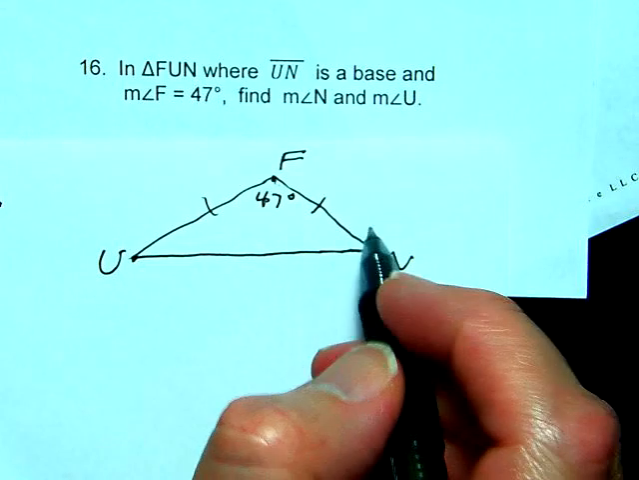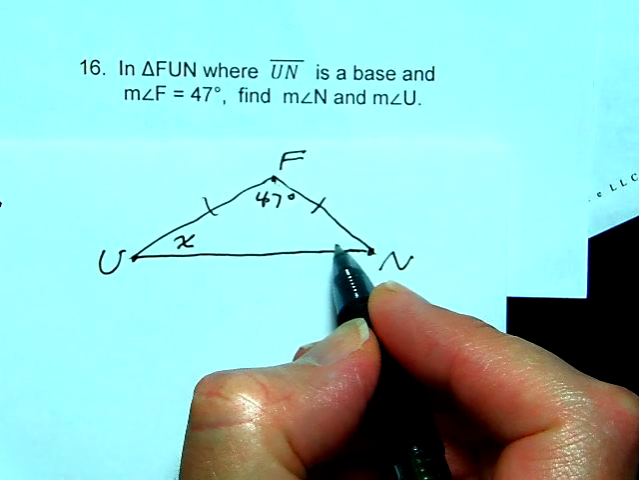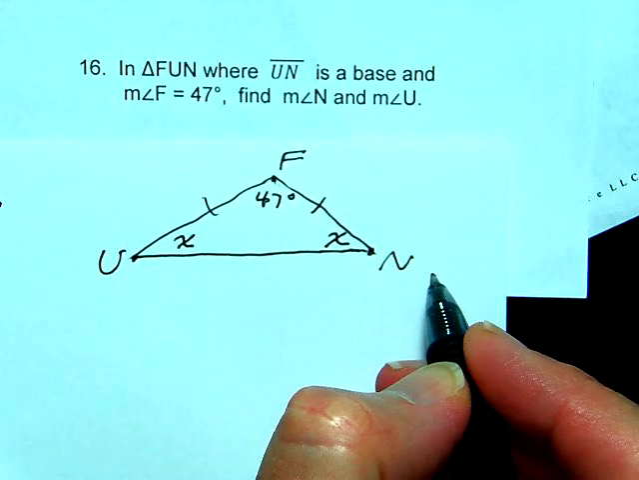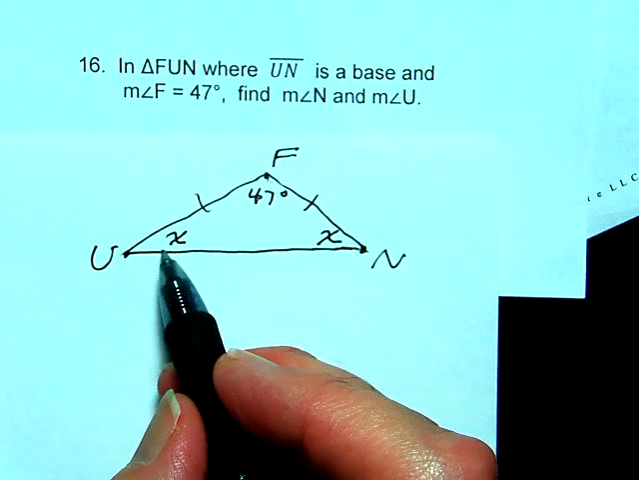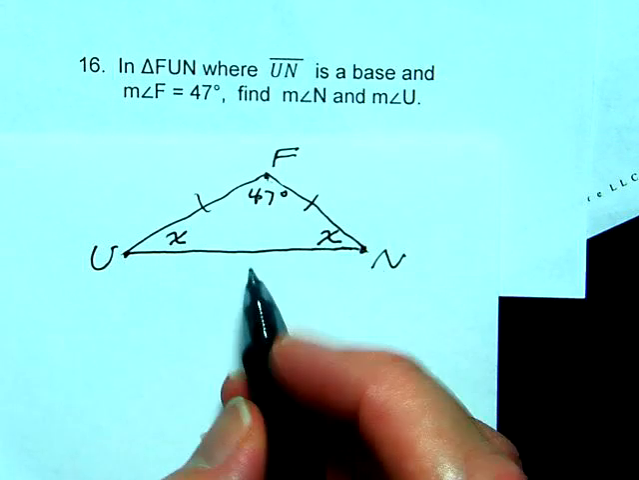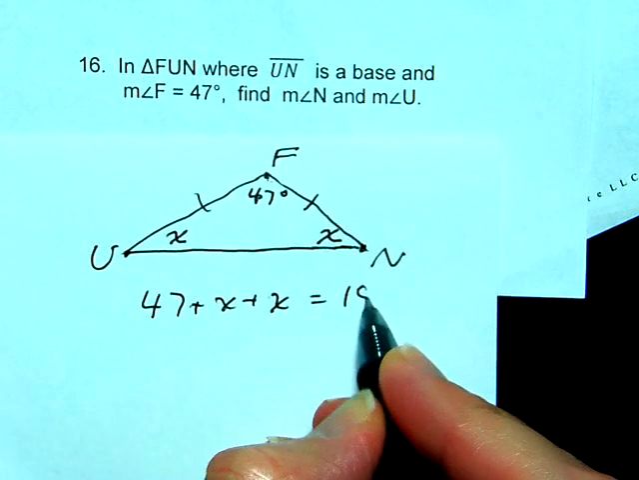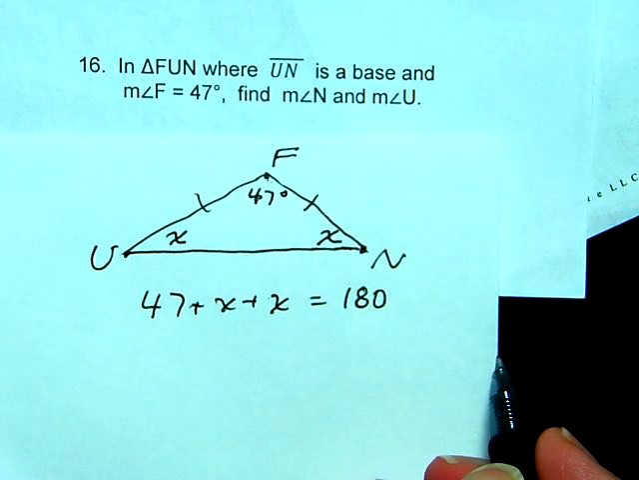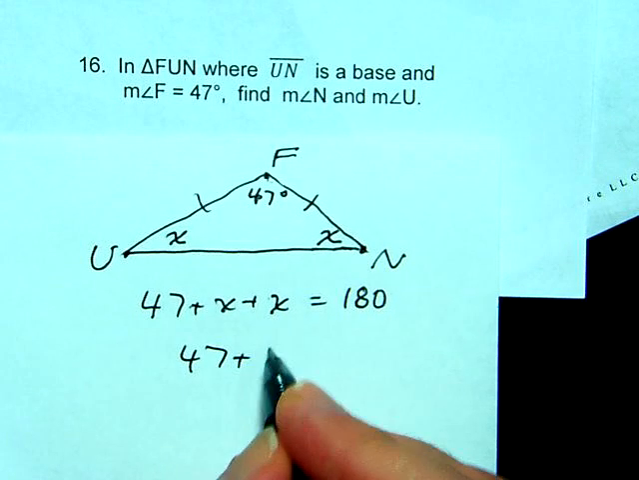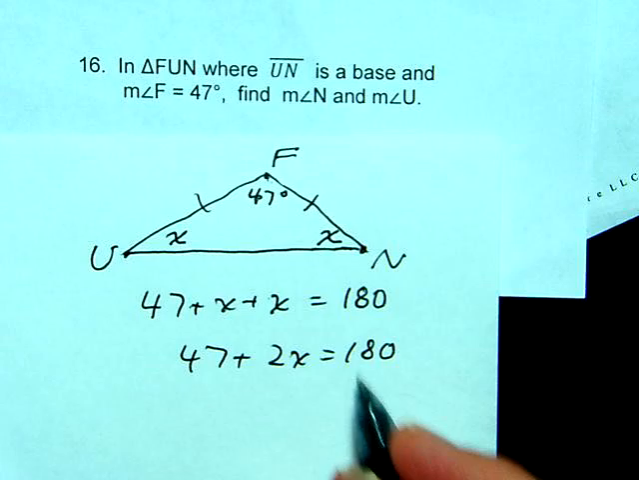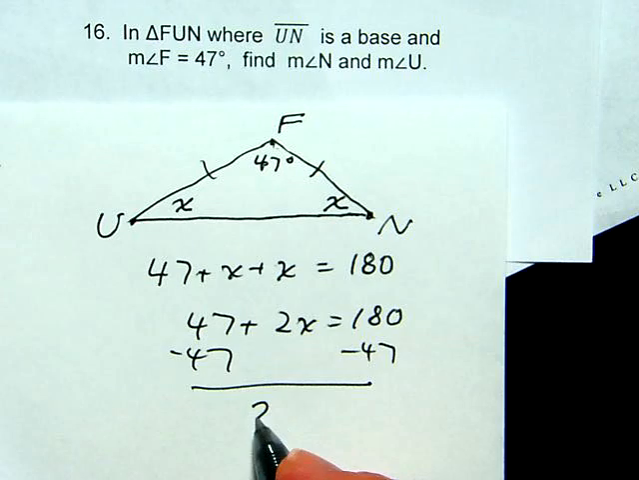Well, once again, I hope we're starting to get used to this idea that even though we don't know what they are, we could call angle U X, and then angle N, which is the second base angle, would also be equal to the same value X. So we can solve for the measure of angle U and N by using our formula where we add up the angles of a triangle and we set that equal to 180 degrees. So what we have here is that 47 plus 2x is equal to 180. We subtract 47 from both sides. That gives us 2x is equal to